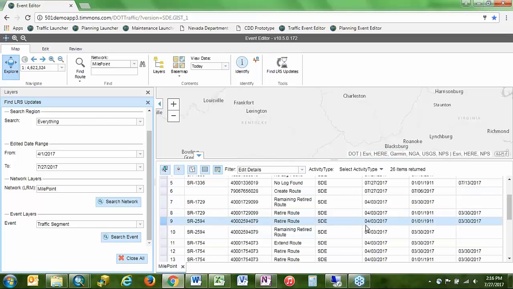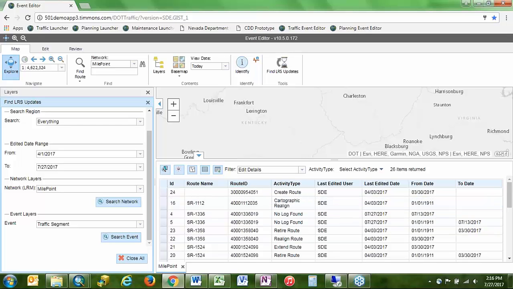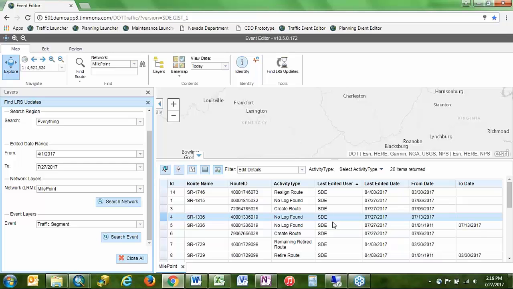So the fields that show up in this grid are partially end user configurable and then fully configurable from the administrative side. What I mean is that I can sort up or down on whichever ones of these I want, and then I can drag and change the order, just simple stuff. But then an administrator can configure this for you. You can actually configure this to show any field that's available in your map service that gives your routes.